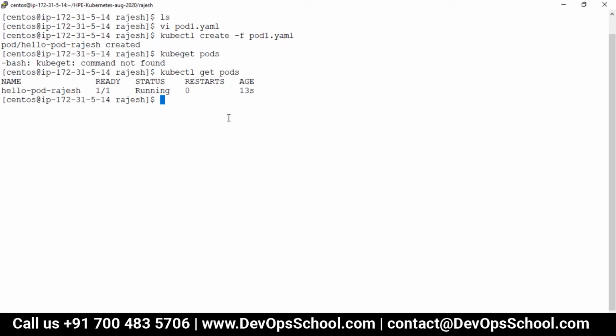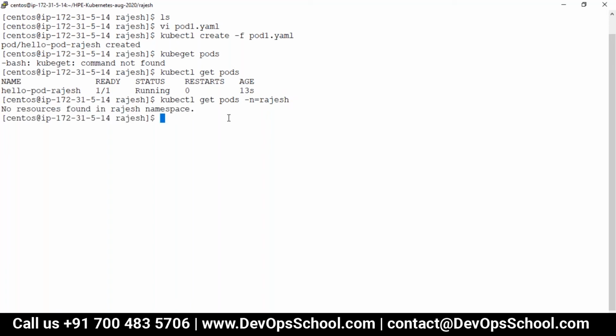But I don't want to create it in default. I want to create it in the namespace called Rajesh. So -n Rajesh. Please remember this for the time being. Get a habit. I will teach you automation also, so you don't have to type it every time. In a config file, you can change it and it will be effective. But the problem here is we have only one config for all of us.